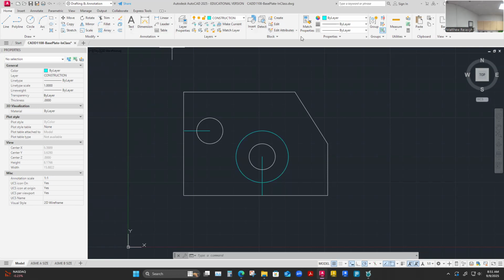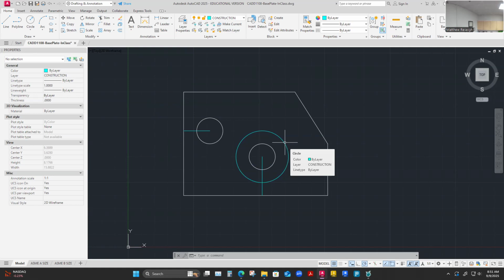This is good, and the next one over is properties. So I also have a little quick access properties. This is definitely a more robust properties, but I love this little function right here, match properties. So this is super powerful, and I use the heck out of this. So I love that it's kind of front and center here, match properties. What it's going to do is, if you drew something that is on the wrong layer per se, or even the wrong line type, or the wrong